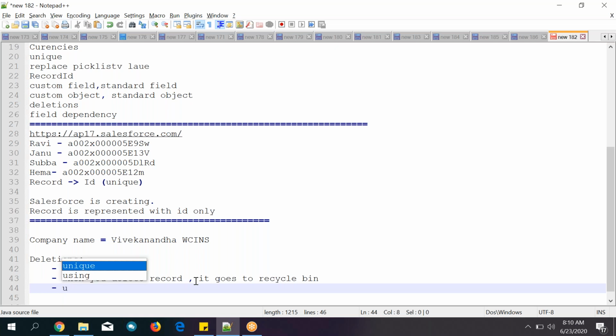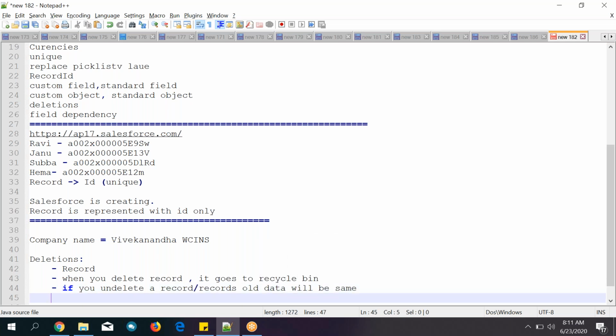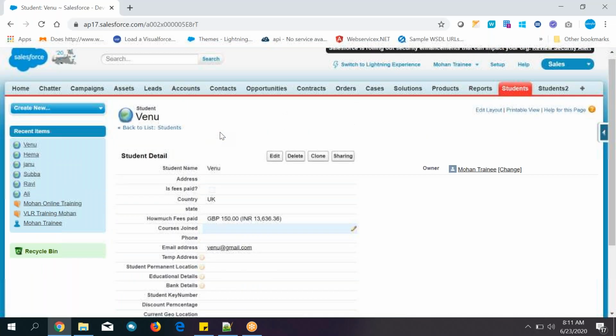If you undelete a record or records, a list of records, what will happen to the old data? Old data will be same. That's it. Will not be changed. Okay. Old data will not be changed. That's what we have observed.